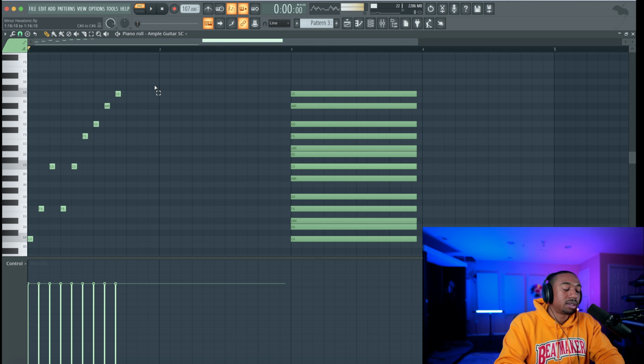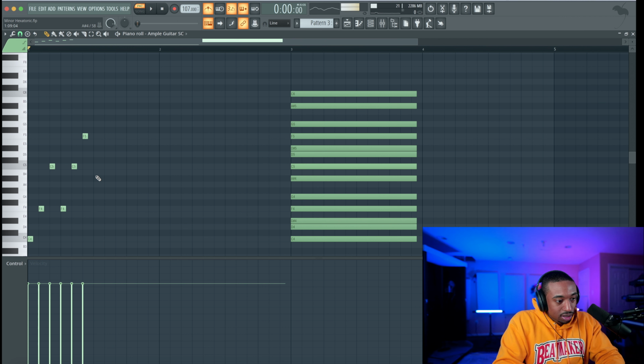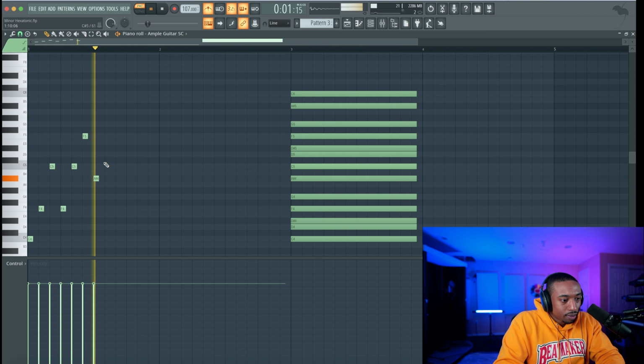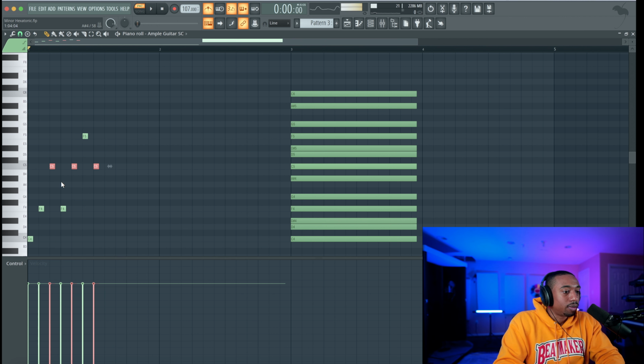Now my brain keeps forgetting that we're using triplets, so it's 1, 2, 3, 1, 2, 3. Now I found that when I'm using triplets, I like big interval jumps. So simple little jumps don't really make sense to my ear. And I like to pivot off of the notes that we've already used.